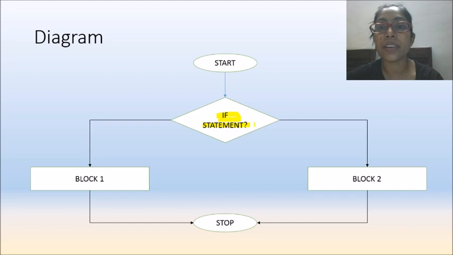Because I have written a question mark here, it will either give you true or false. If this statement is true, then one block is executed, and if it is false, then another block gets executed. This is how your conditional statements work. In this diagram I have created 2 blocks, but if there is a requirement, you can create many blocks also.